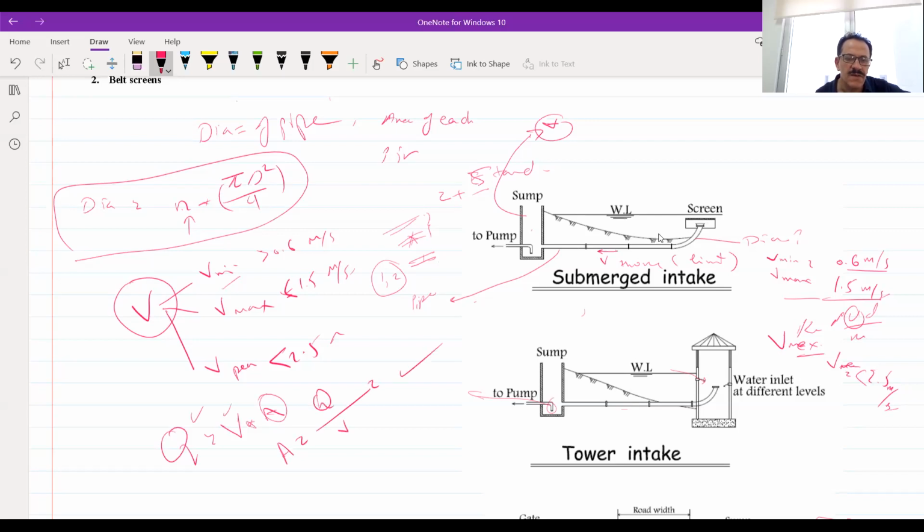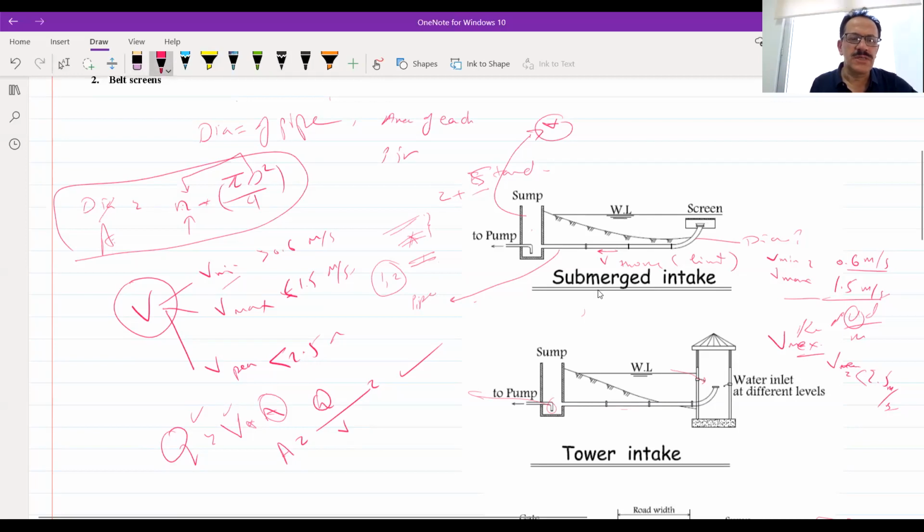Now, when I have the area, it means I have this one, and the number of pipes, and πd² over 4. So what's left for you? You have to assume a diameter and the number of pipes, and you will get the area. And you have to adjust between these two: 2 pipes with a bigger diameter, 3 pipes with a smaller pipe diameter, and so on, just to cover the conditions. This is in general. This is what we have.